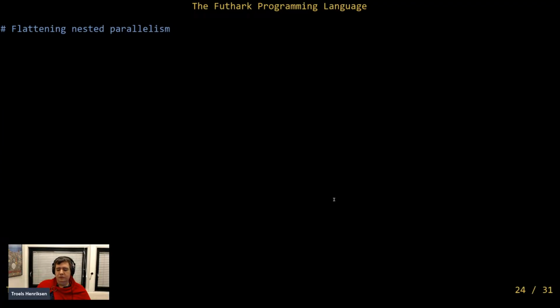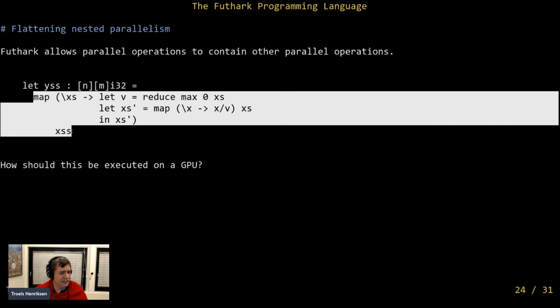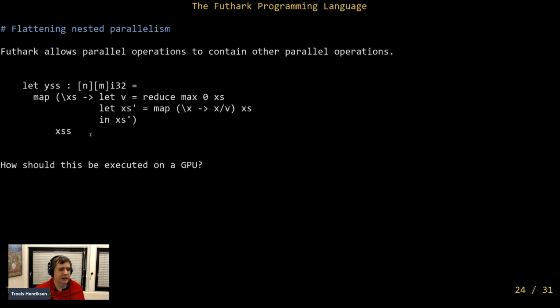But of course, the program that the user writes might not look so nice, because Futhark is very general. You can map with any kinds of functions that you can imagine. For example, you can have a map that looks like this, where you have some two-dimensional array, and you're mapping a function, and for each row, you are finding the max of that, and then you are dividing each element of the row with the max that you found. So this is normalizing every row of a matrix, really. And this particular map here doesn't match any of the templates that I just showed you, because they were all a map containing either a single reduce or a single other map or a single other small operation. And that doesn't fit.